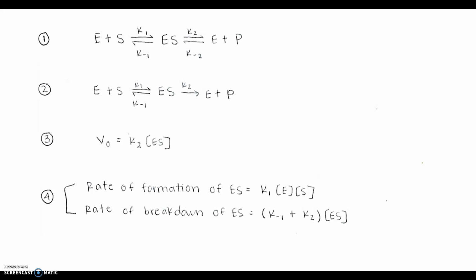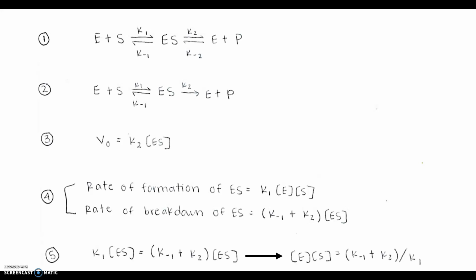We're going to use the steady state assumption. And so in a steady state, the concentrations of the intermediates, in this case the ES, are going to stay the same even if the concentrations of the starting materials and the products are changing. And so we're going to set the right-hand sides of that rate of formation equation and the rate of breakdown equation equal, which is going to give us, shown here in number 5, that first part,